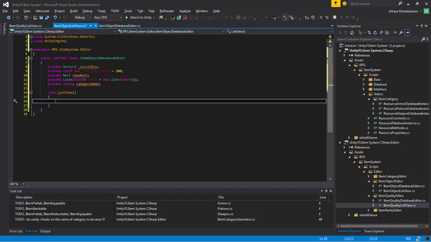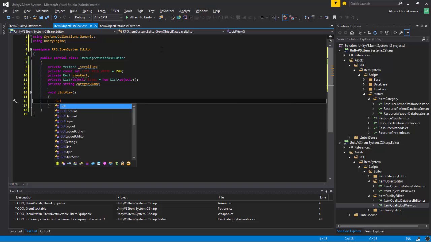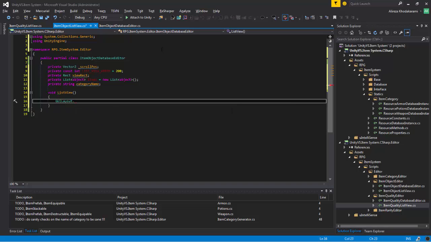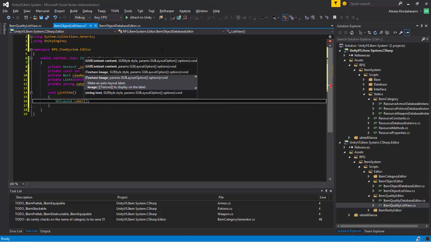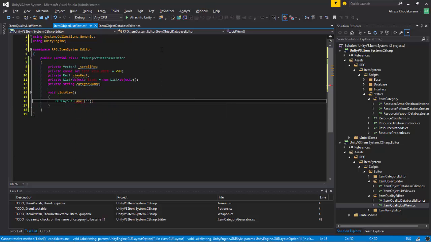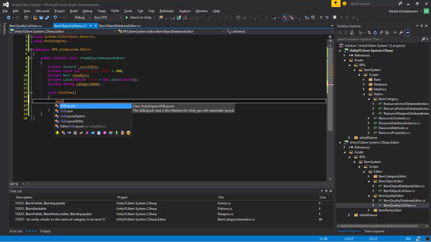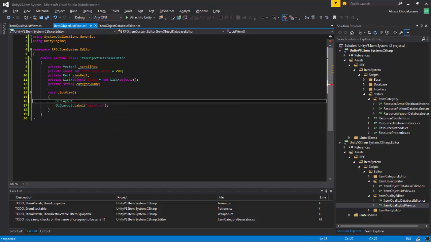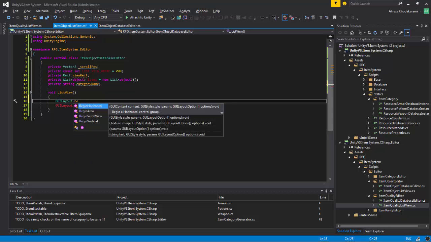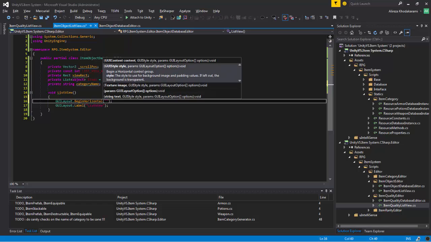Now, for the time being, I say GUI layout dot label list view. Okay, and we need a GUI layout. Oh, look at that. GUILayout.BeginHorizontal with box,